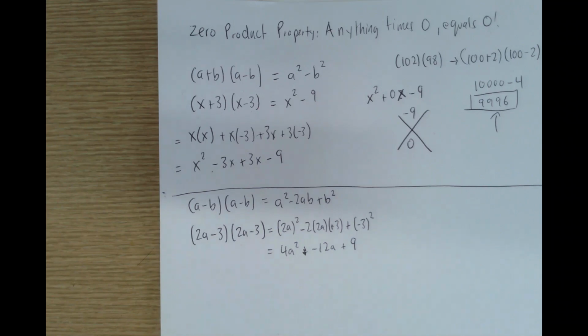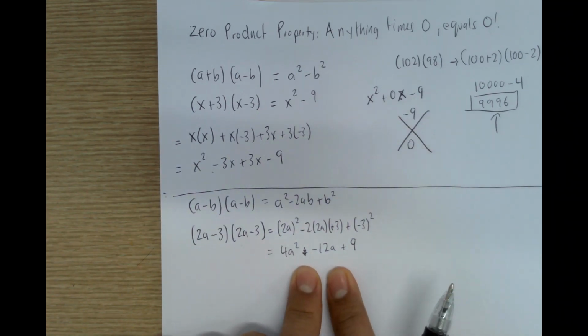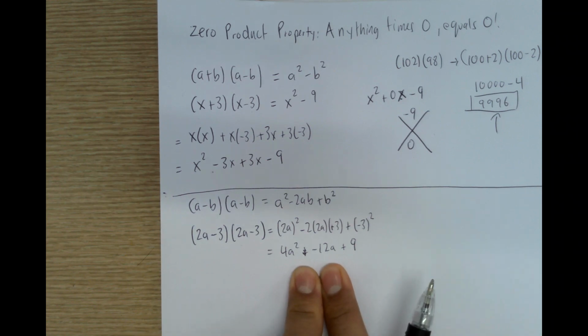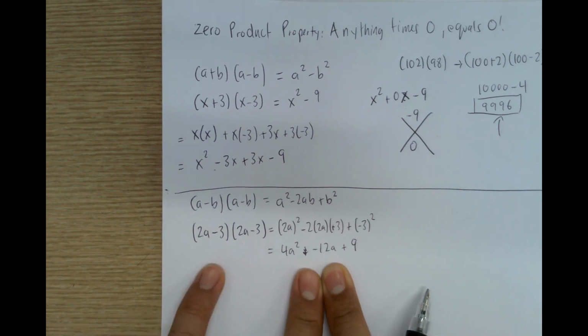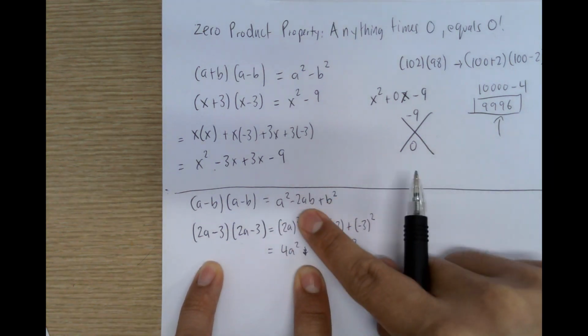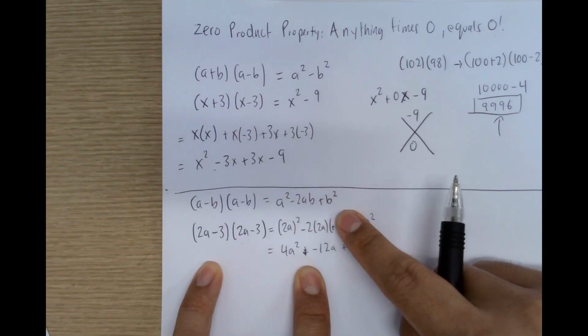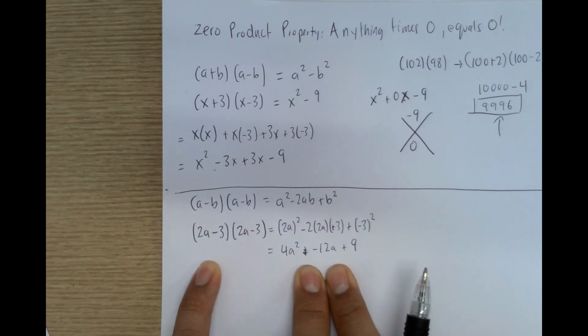Okay. So usually you'll be given a problem that looks like this, where it'll say 4a squared minus 12a plus 9, and they'll ask you to factor it. And what we're going to use is this identity, where you can break this up into this portion, which is a squared minus 2ab plus b squared. Okay. So usually we're coming from this side where we're given the problem 4a squared minus 12a plus 9, and